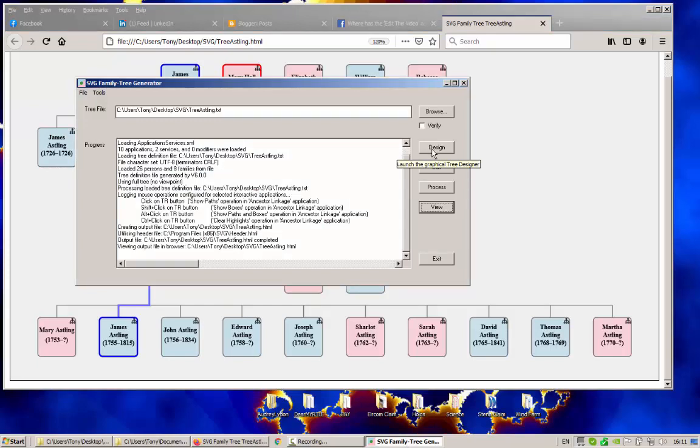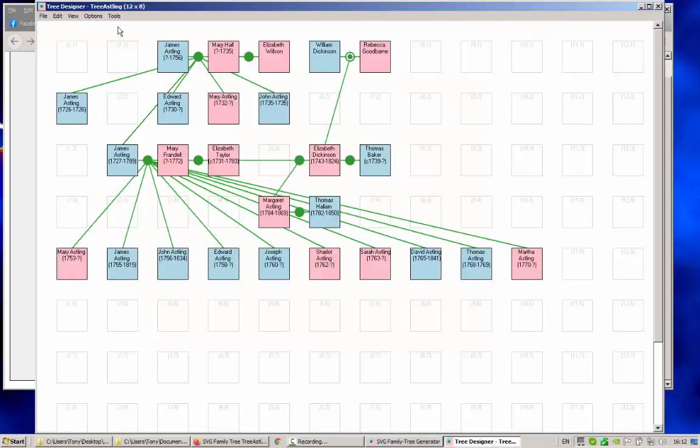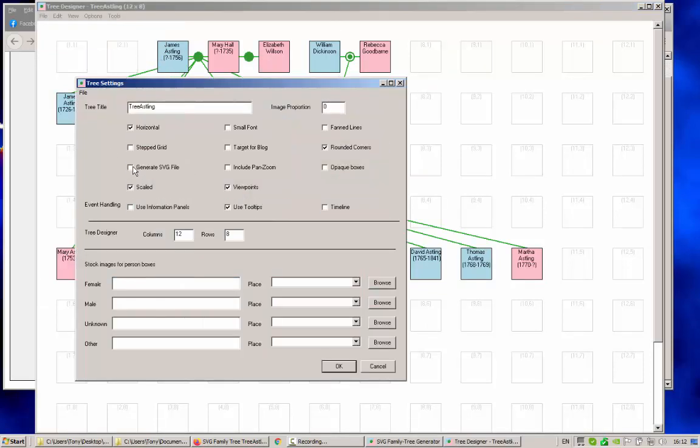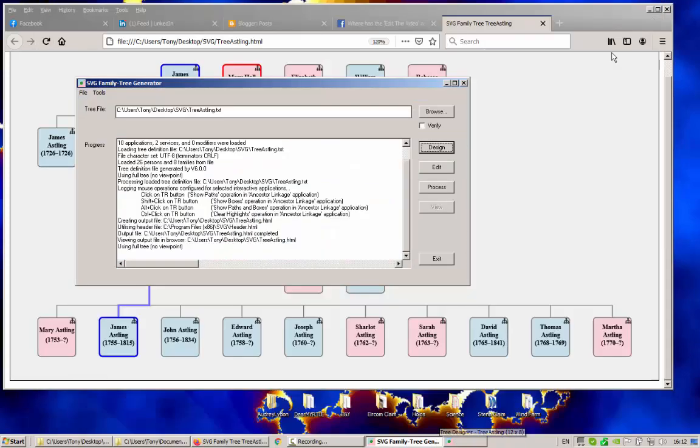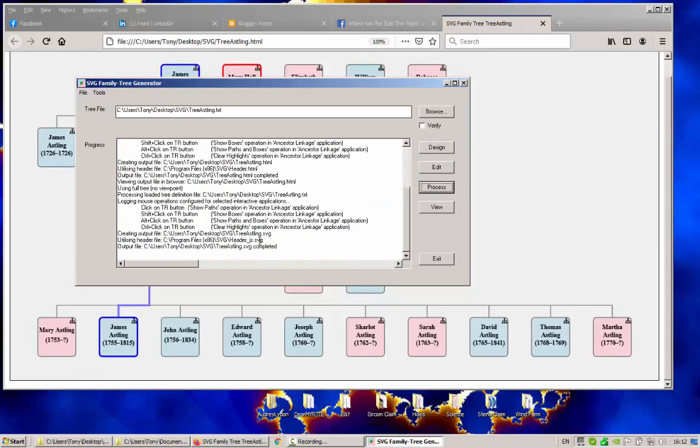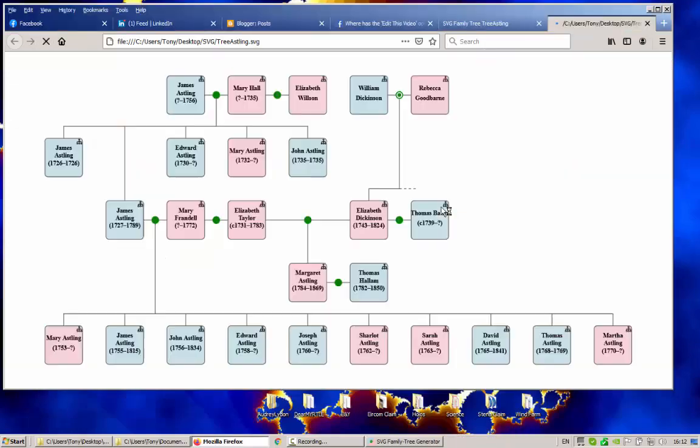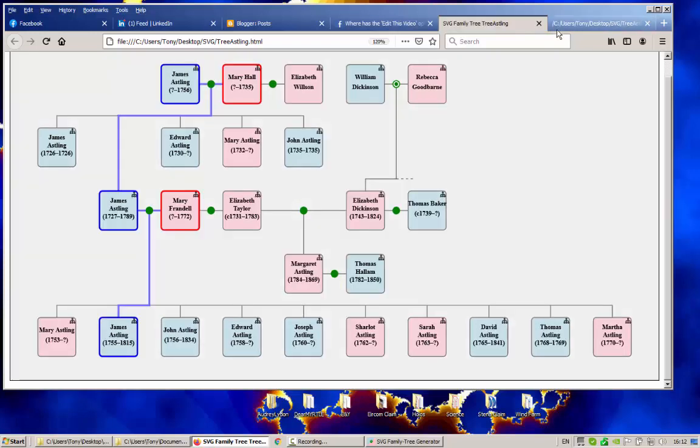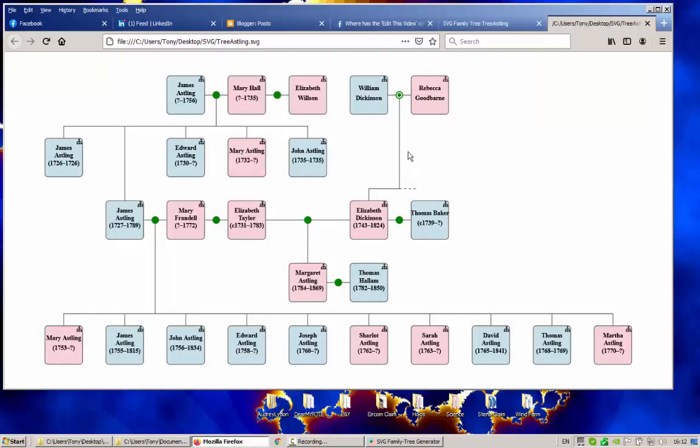And surprisingly, it actually works in pure SVG mode as well, and I'll demonstrate that by just changing the settings, asking for the pure SVG version, processing that to generate an SVG file, and then viewing that in the browser. So these look superficially the same, apart from the slight difference in the background. And in the SVG version, if I do a click on a person, it's just the same, and alt click,